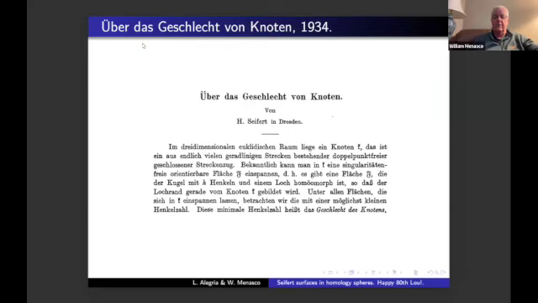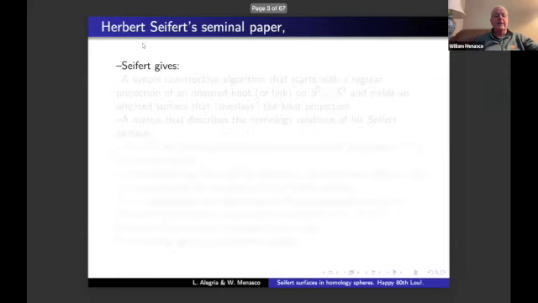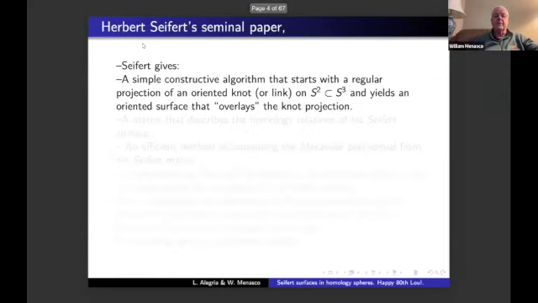It's about the first paragraph or so. It was a seminal paper. He gives a very simple algorithm for, given a regular projection of an oriented Noetherian link on a two-sphere in three space, in S3,